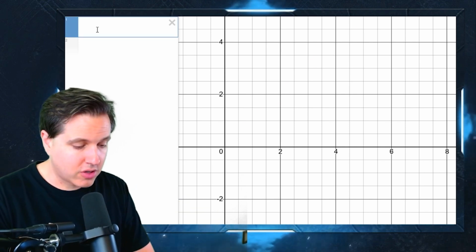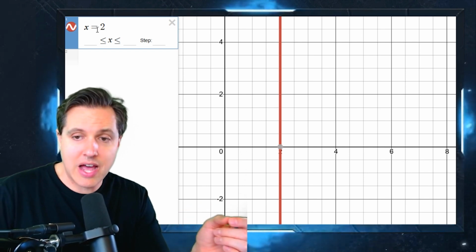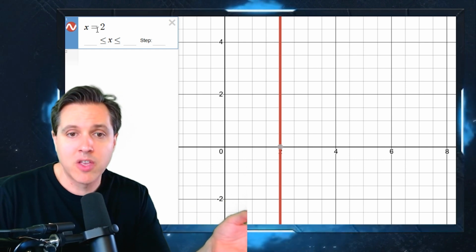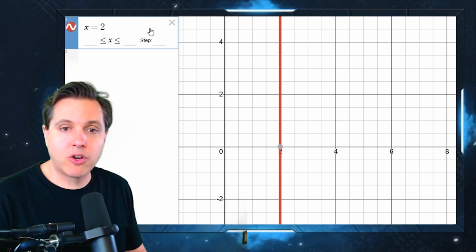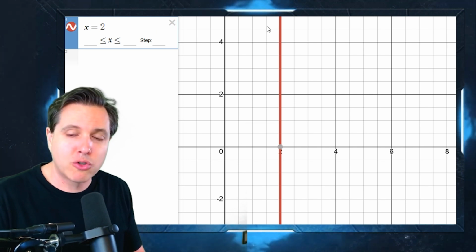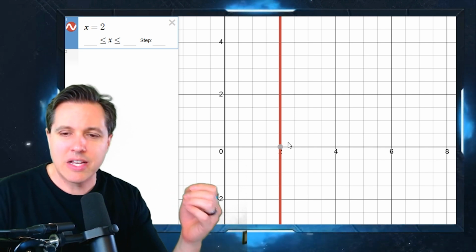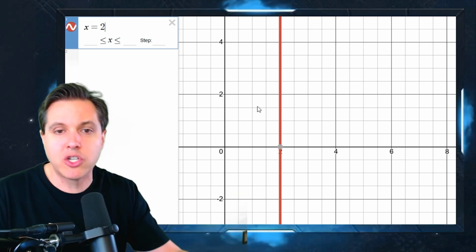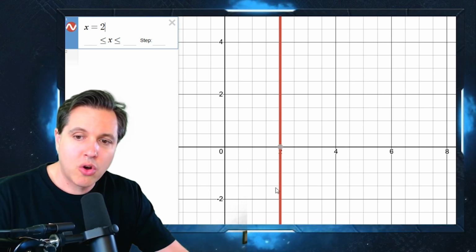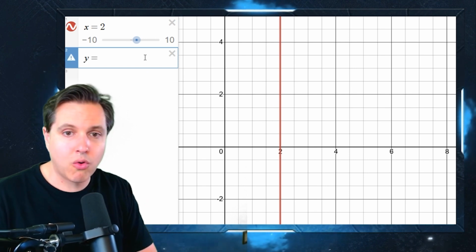So let's take a vertical line first. Say x = 2. So the rule for this line is that the x value always has to equal 2. The y value can equal anything, but the x value is equal to 2. So notice what we have here. If you look at all these points, they all have an x value of 2, but then there's all sorts of different y values. So if you just think about it, because people mix them up and can't remember, is x = 2 a horizontal line or vertical line? Well, just think about if you were to start graphing points where all the x values were 2, they would line up vertically. Right, so we get a vertical line,